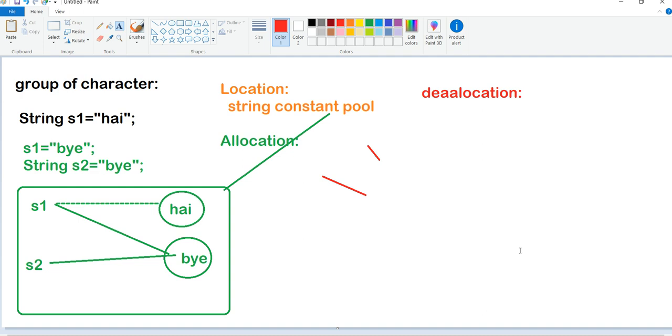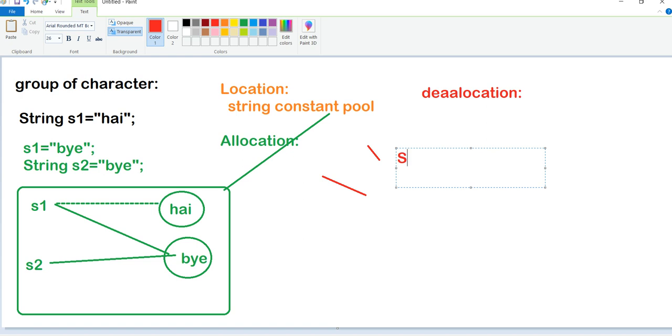See here, in the basic format: String s1 = new String("hi"), like this. It is using our first method. The data could be stored here.